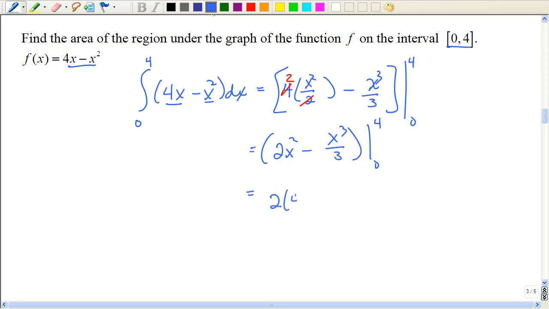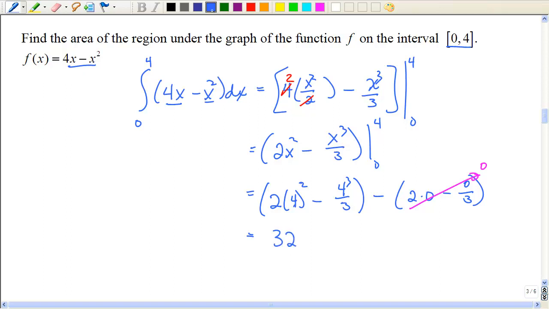So that's 2 times 4 squared minus 4 cubed over 3, minus 2 times 0 minus 0 over 3. It's always nice to have 0 as a limit. Usually the math is really easy because you can see all of that is 0. So my area is going to be 16 times 2, that's 32, minus 64 thirds, and that would be 32